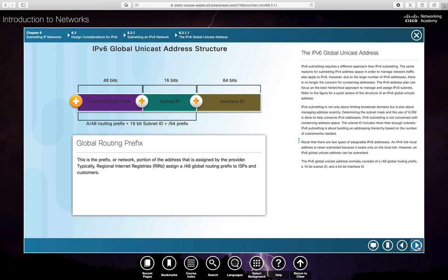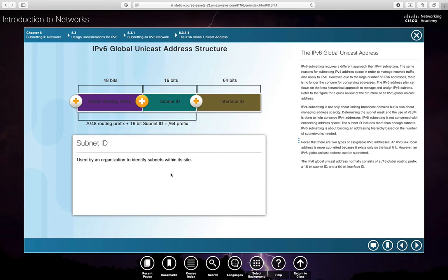Basically what they're showing here is what they call hierarchical logical design. It kind of is subnetting, but we don't vary from this, which is why they don't really call it subnetting. The first 48 bits is something called a global routing prefix. This is how we route between ISPs and regional internet registries. The next 16 bits is what they call the subnet ID, and this is used by an organization to